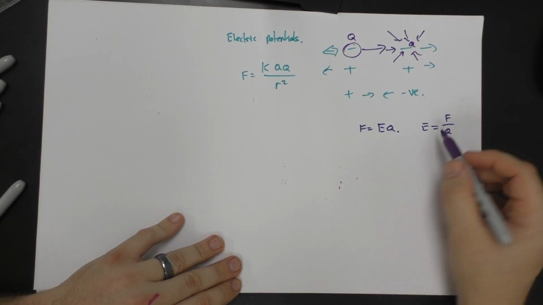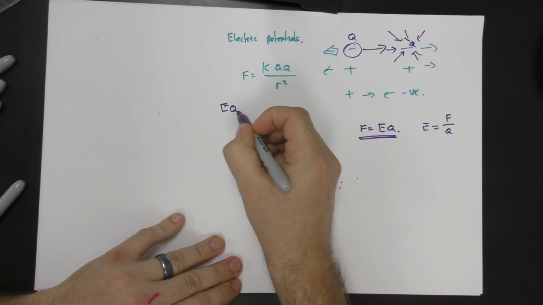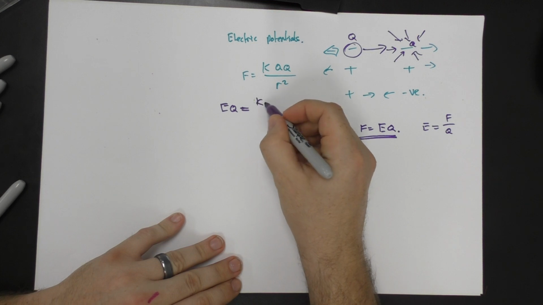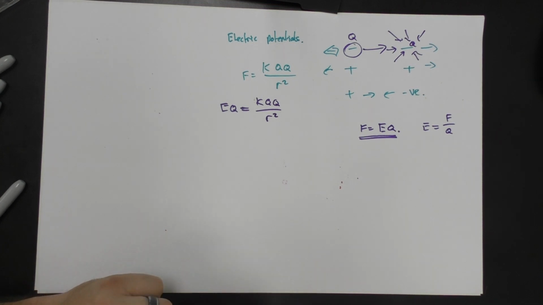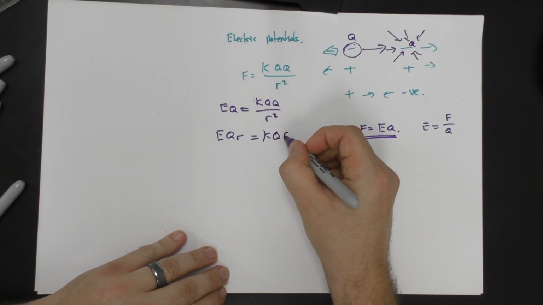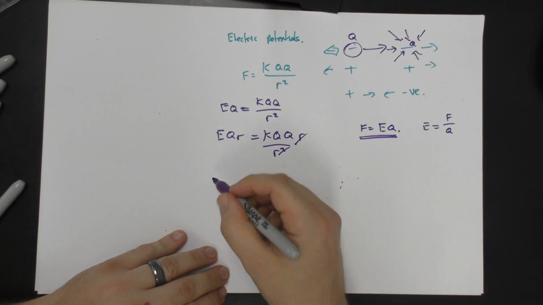So because we've got this F equals EQ term, we can replace that here with EQ equal to KQ over R squared. Well, we can do a very similar kind of idea to the gravitational fields, where we're effectively saying that there's going to be an electrical potential energy. An electrical potential energy is just EQR equal to KQ over R squared. Obviously, we've multiplied both sides by R. That gets rid of that. That gets rid of that. So we end up with